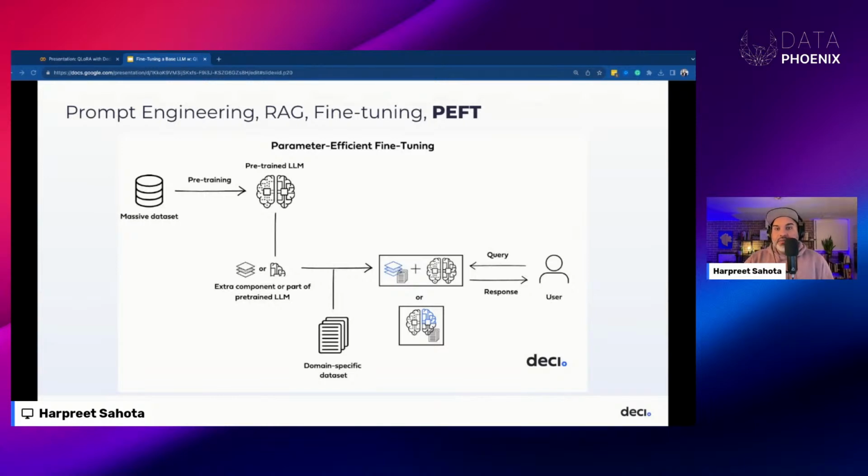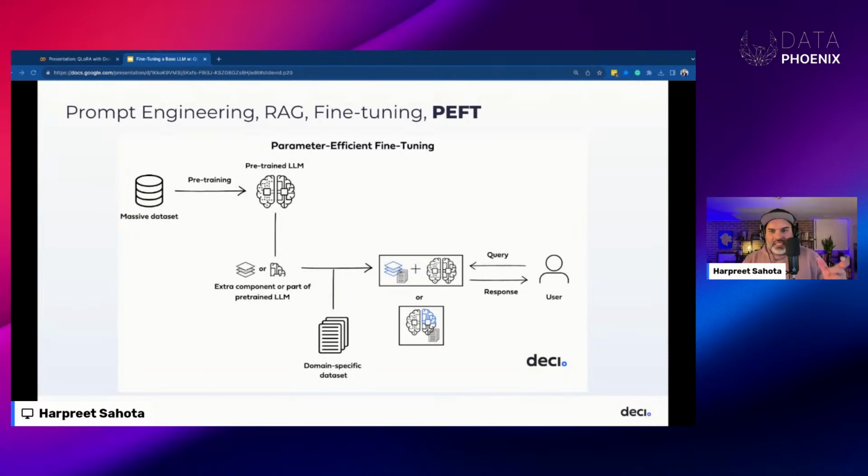So PEFT is actually a set of techniques that you can think of as focused fine tuning. So during fine tuning, PEFT is going to selectively update only a few of the model parameters. And this is based on the understanding that a large pre-trained model already has a pretty good grasp of language constructs and knowledge. So we don't need to adjust the entire model for a specific task. So PEFT is a more resource efficient way of fine tuning because you can concentrate on fewer parameters rather than fully tuning all of the model parameters.